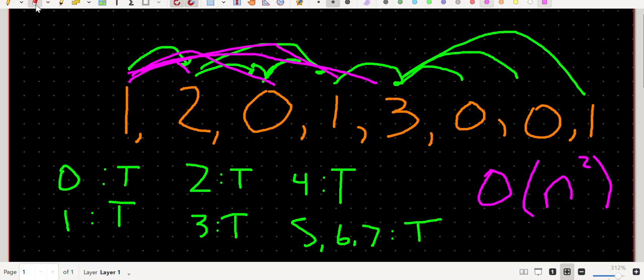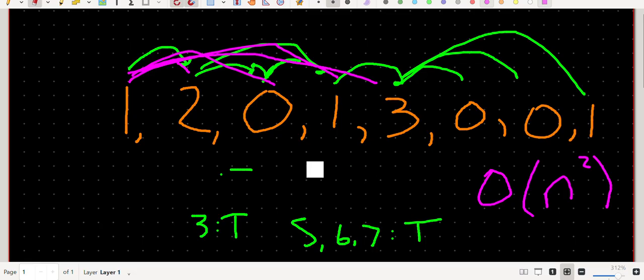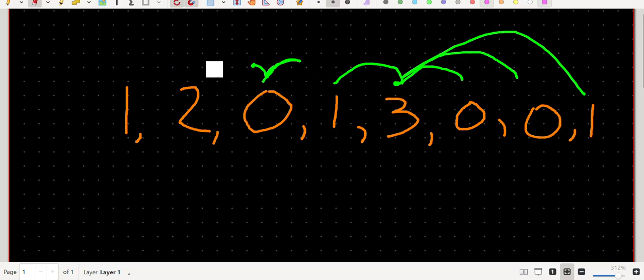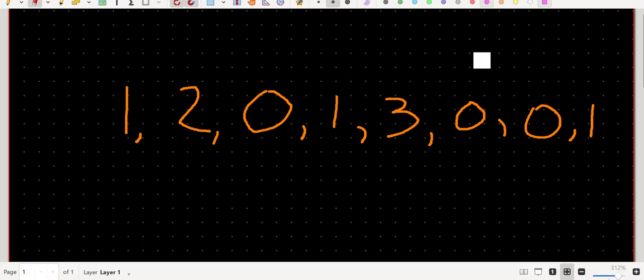In the worst case. Can we do better? Yeah, for sure. So we're going to use a greedy approach, and I will teach you how we do this. And it is actually super simple. You'll see. So instead of starting from the beginning, we're going to start from the end. And from the end, we know that we have a target index of